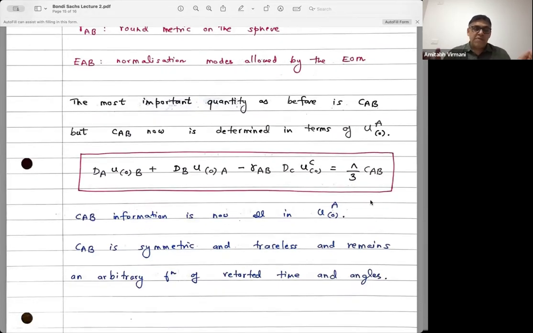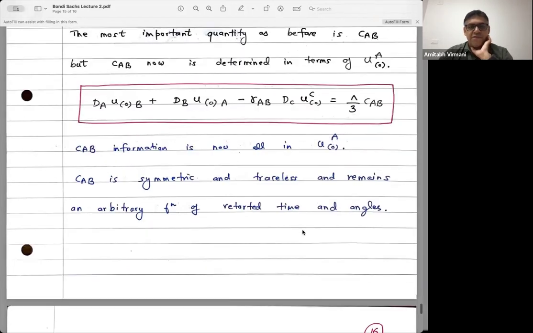So you see, this is very interesting. All the information that CAB carried in flat space, I said CAB was the most important quantity that carries all the information about gravitational radiation. In this context, all the information in CAB is contained in UA0. So CAB is symmetric, traceless, and remains an arbitrary function of the retarded time and angles. All that is true, but all the information about C is contained in this U. So U is the correct analog of the radiative field